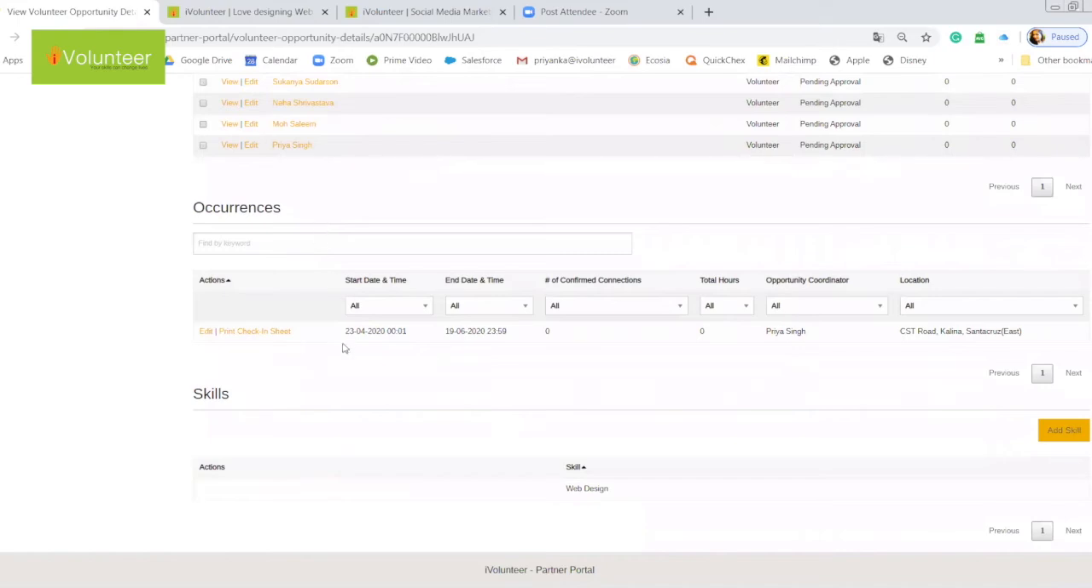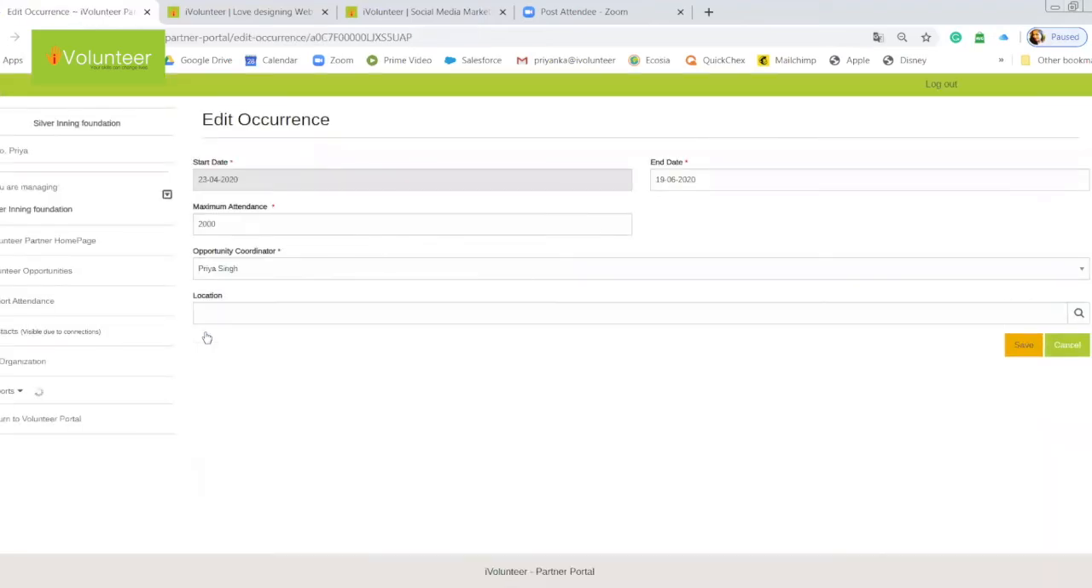Now here comes the occurrence piece, which Guru asked about, if he would want to have multiple occurrences. So here we have only one. There is a start date, end date, and I have not confirmed any volunteers, which is why you see there are 0 volunteers who are confirmed. I want to edit it. I will click edit, and then